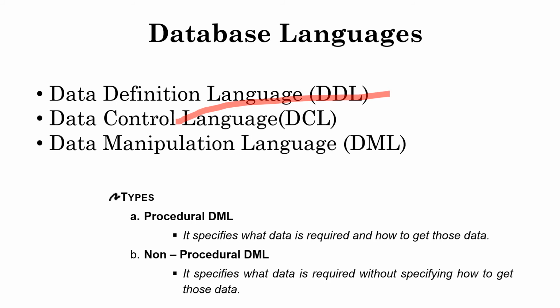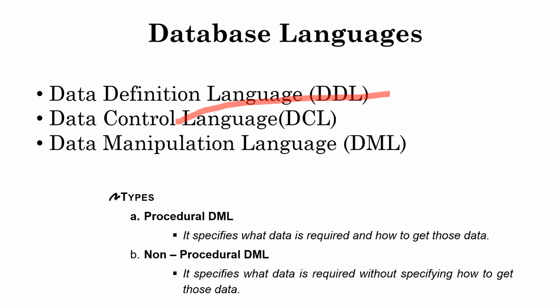For example: create table account, with the account number as a character field of size 10, and then the balance, which is an integer. And then on the DDL, or the database